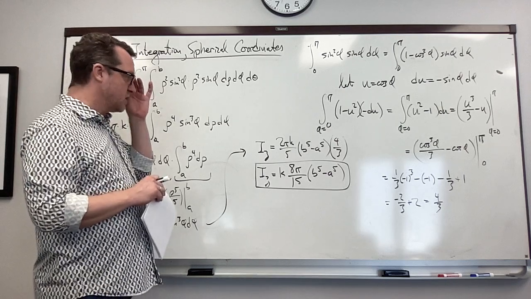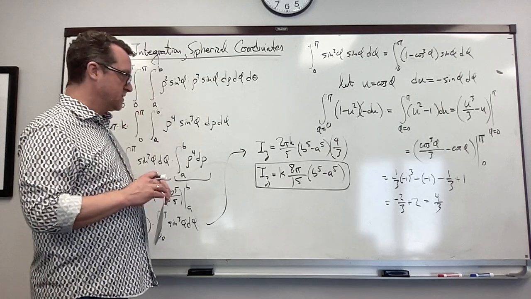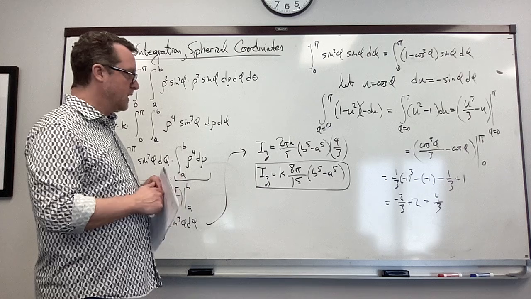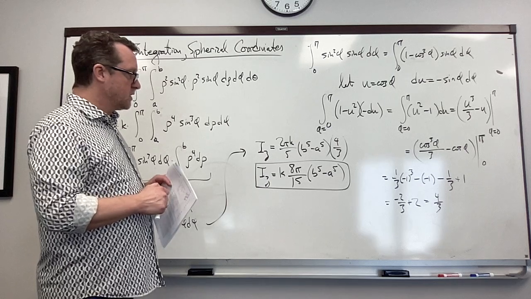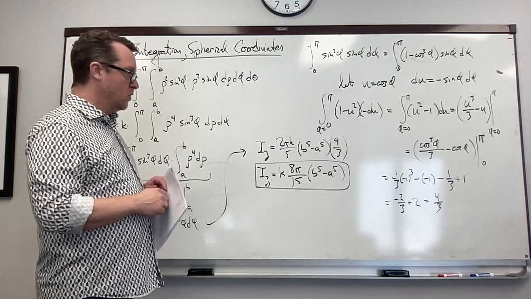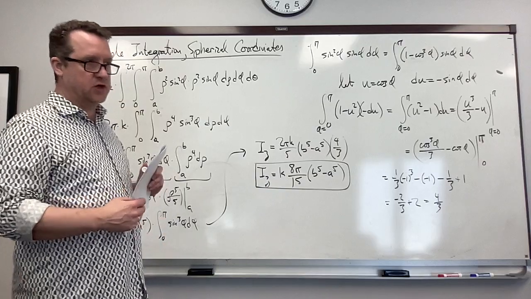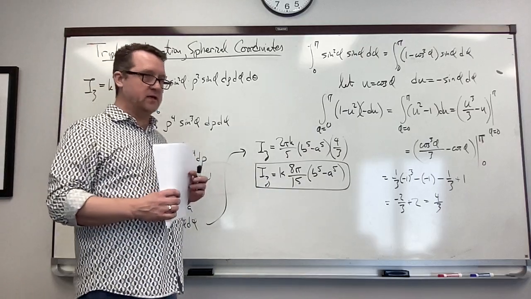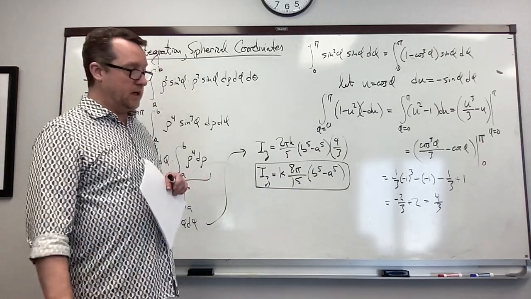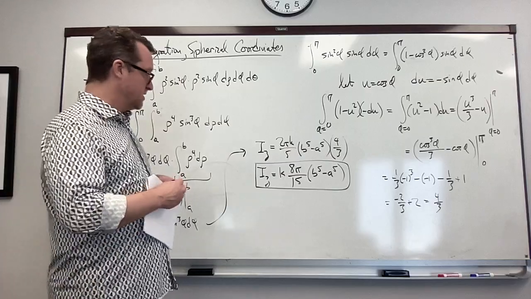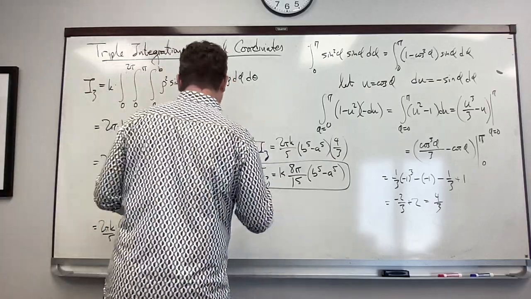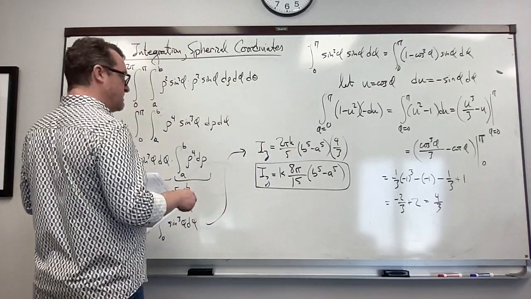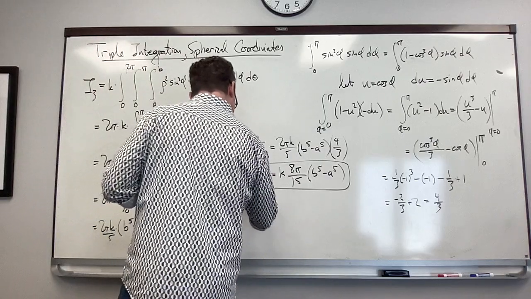So now let's ask a question here. Does this make sense? The first thing is, okay, do the units make sense? What do we expect the units of moment of inertia to be? They should be kilogram meter squared, right? And so if we look at this, we know that K had units of density, okay? So the units of I,